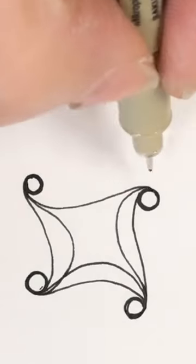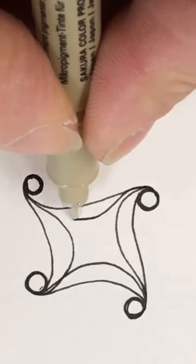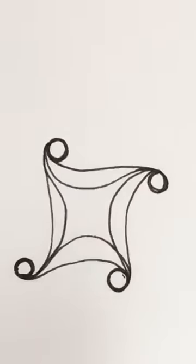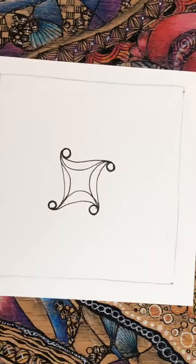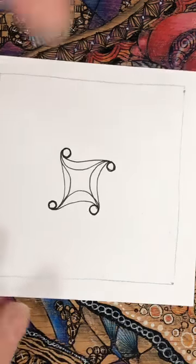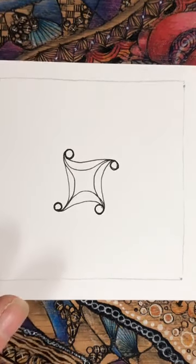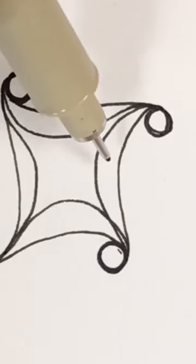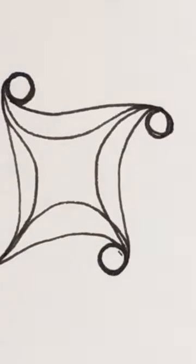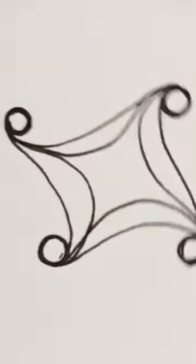Turn it round. Bring it in. Okay, let's go out with that little bit. Okay. So let's go in a little bit larger. Right, so looking at these spaces that we've created here, I think I'm going to start